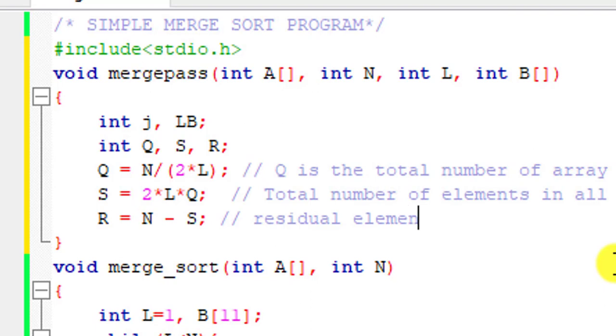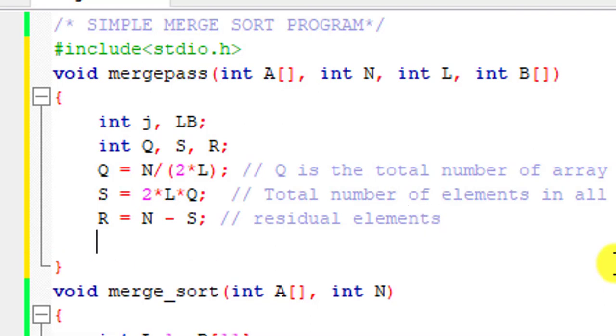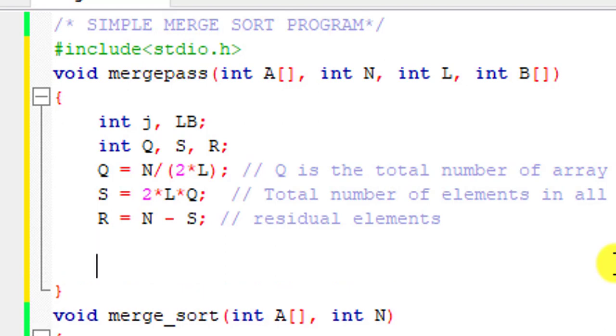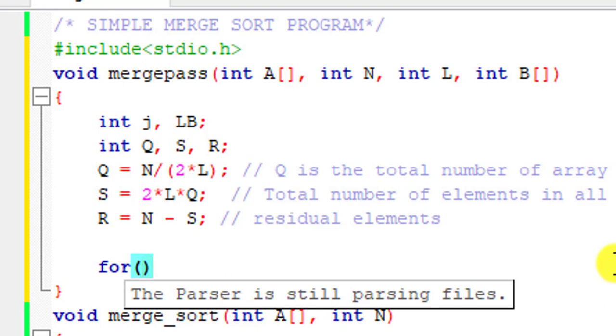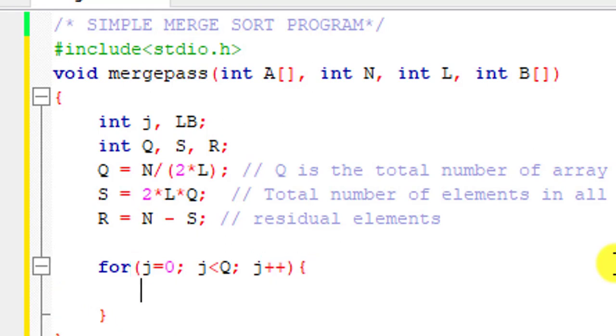So with that done, now in this merge pass function we need to start a loop, and a for loop is going to work for us. Initialize this integer variable j to 0, and as long as this j is less than q. What's q? Q is the total number of array pairs to be merged. As long as it's less than q, the loop is going to run. Now here's the increment, and inside this loop